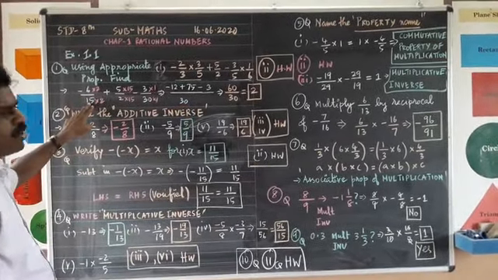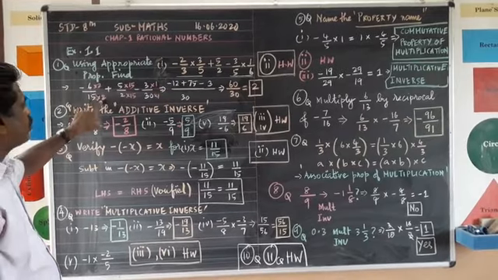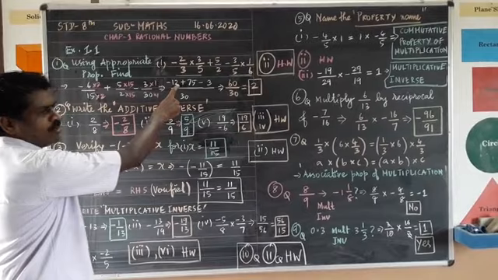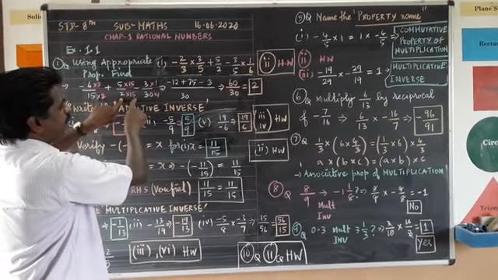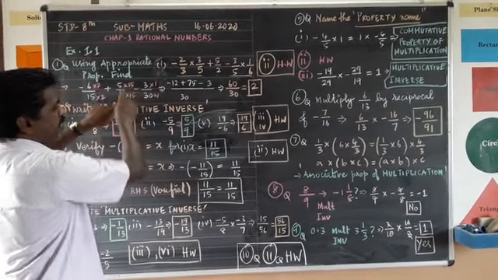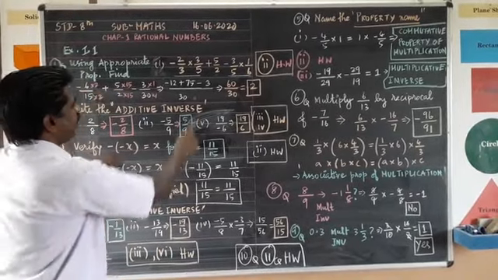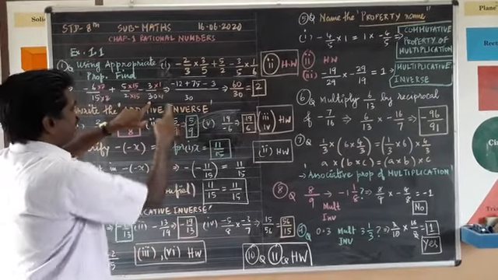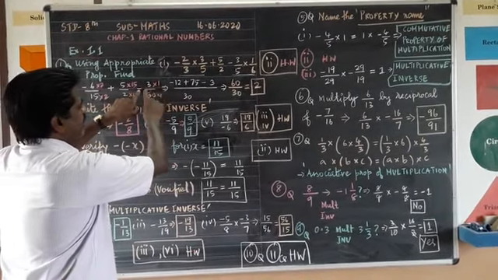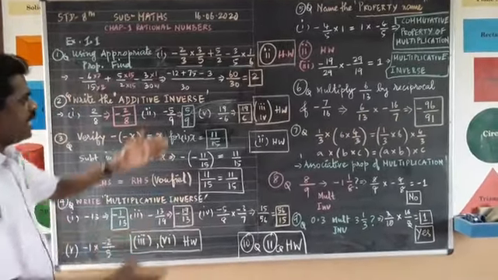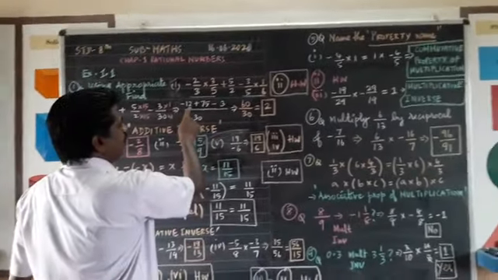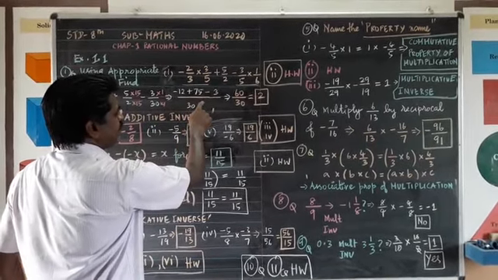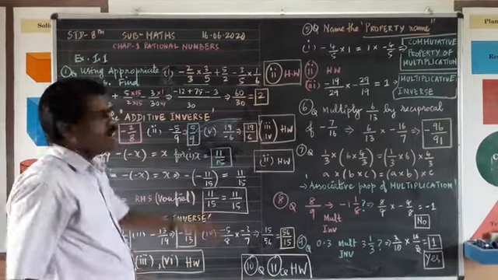Then for 15, how many times will the LCM come? 30 is 2 times 15, so I multiply the numerator by 2: minus 6 into 2 is minus 12. Second, 2 into 15 is 30, so I multiply numerator and denominator by 15: 5 into 15 is 75. The next number has 30 already, one time, so I multiply by 1: minus 3 into 1 is minus 3. Then I simplify the numerator: minus 12 and minus 3 group to minus 15, and 75 minus 15 gives 60 upon 30.